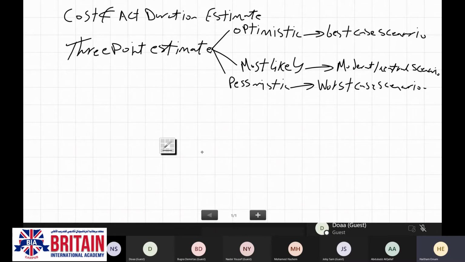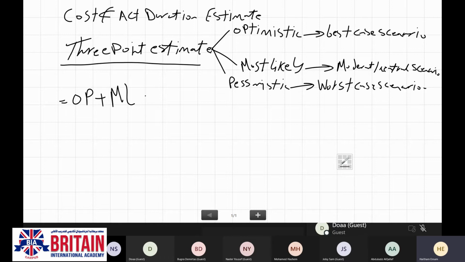In your exam, maybe you will be asked to estimate the activity duration or the activity cost based on the 3-point estimate. At this moment, you are going to follow the formula mentioned by Engineer Muhammad right now: optimistic plus most likely plus pessimistic divided by 3.